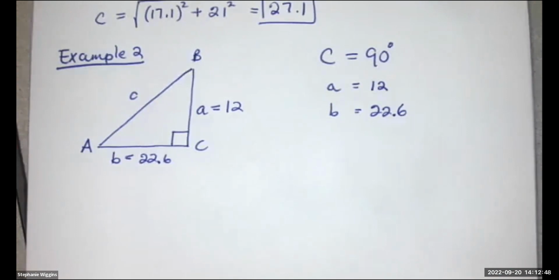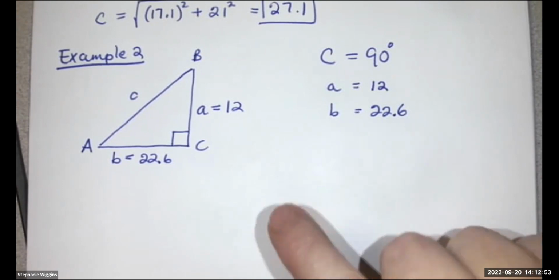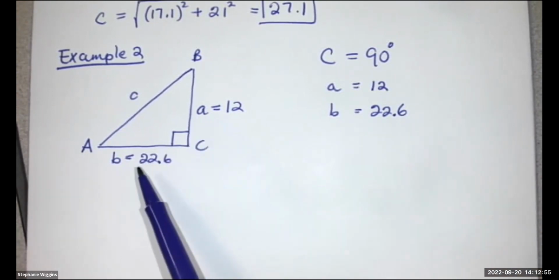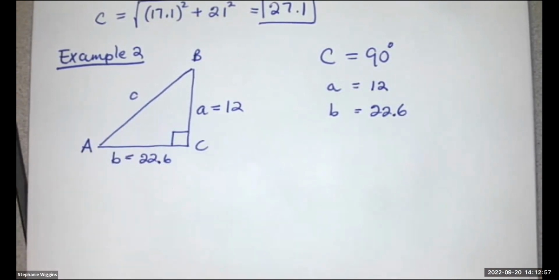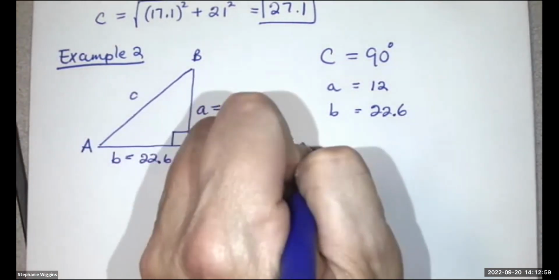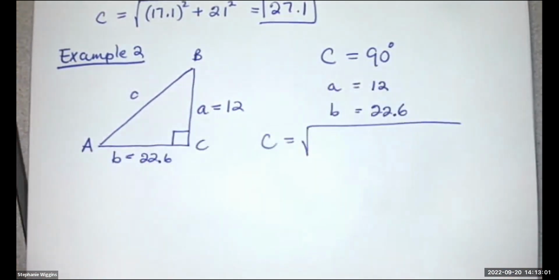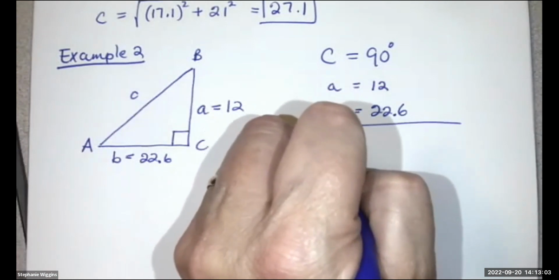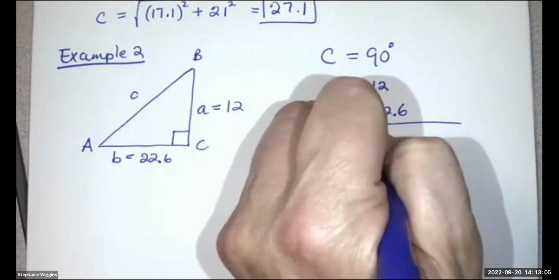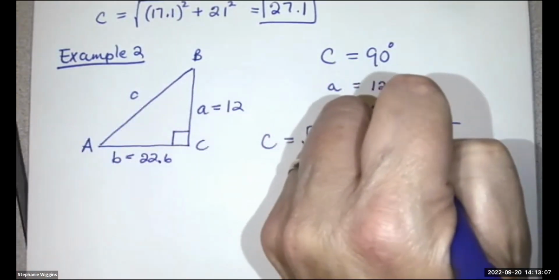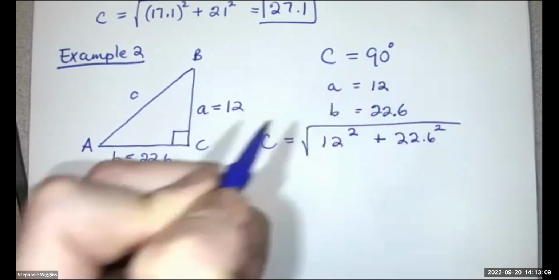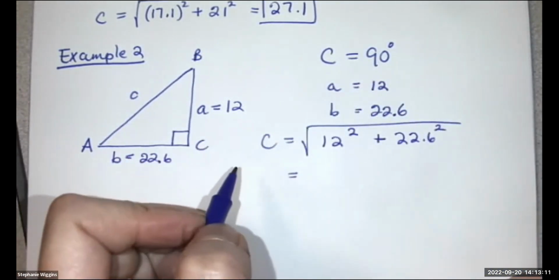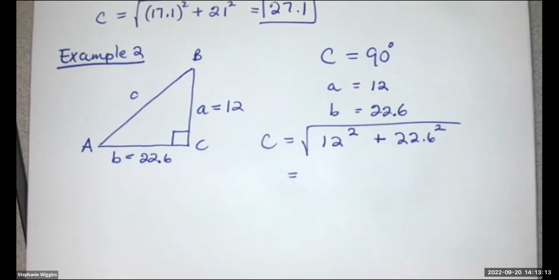So I'm going to start off with using the Pythagorean theorem. Since I have my two sides, I can find the hypotenuse. Using the Pythagorean theorem, C is the square root of 12 squared plus 22.6 squared. And if you use your calculator,